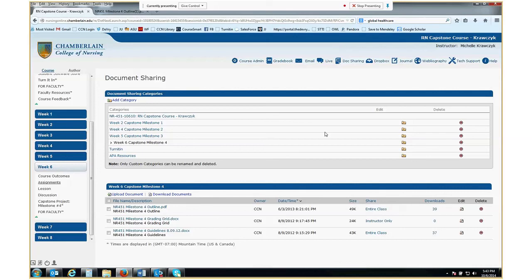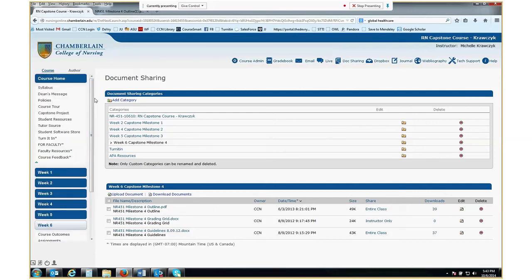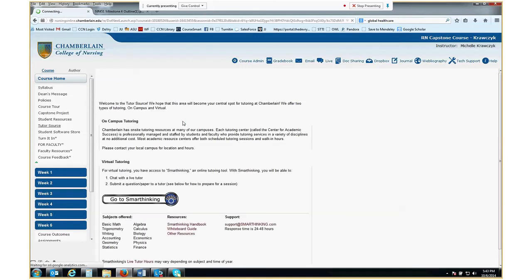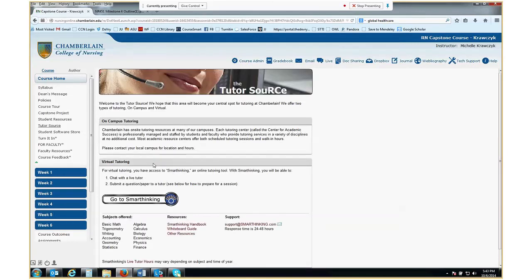Again, make sure you can still utilize Smart Thinking, which if you go up here, it's under Tutor Source. You need to give it a little bit of time. Generally, students are telling me that it takes about 24 to 48 hours to get feedback. Again, you can't count on that. I think they have up to 5 days to get feedback, but most of the students say that it's much sooner. So, get it done early this week, submit it to Smart Thinking for feedback, and that will also help you.